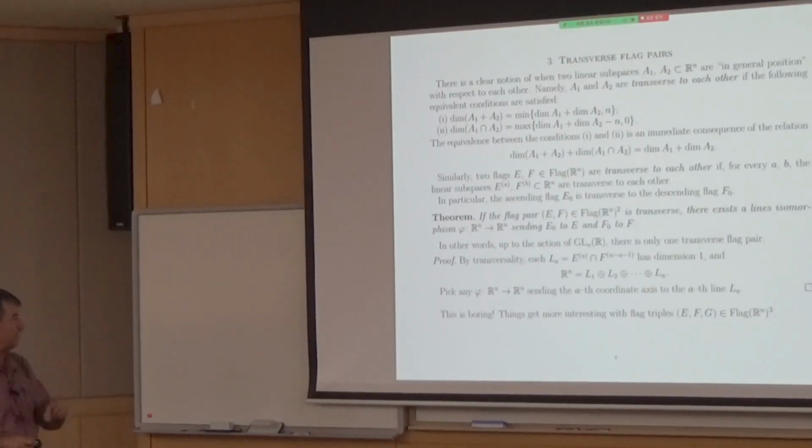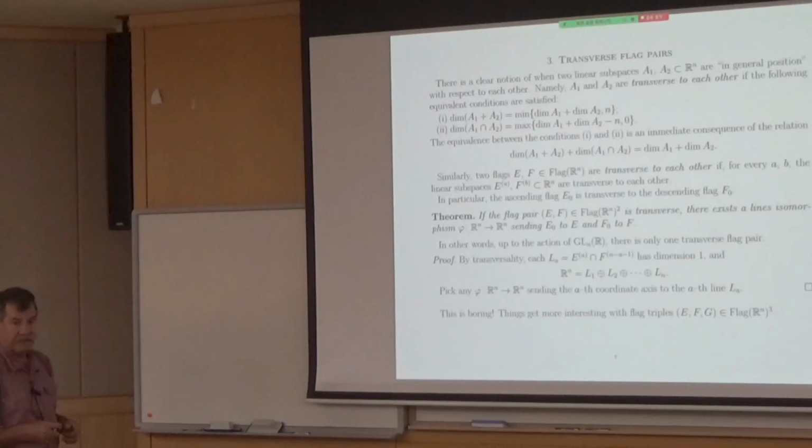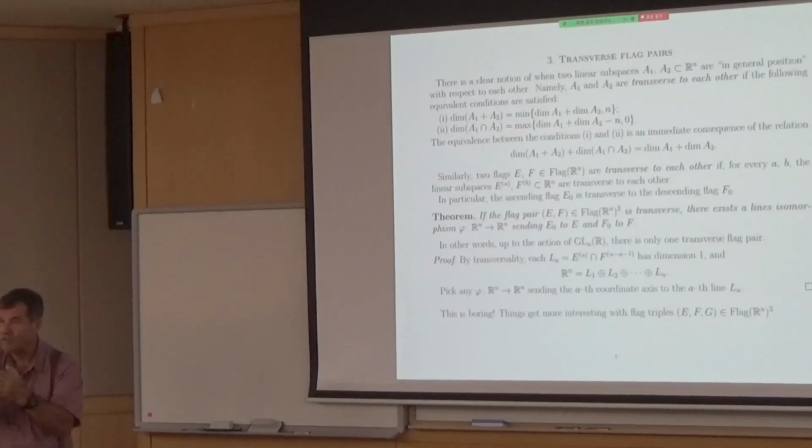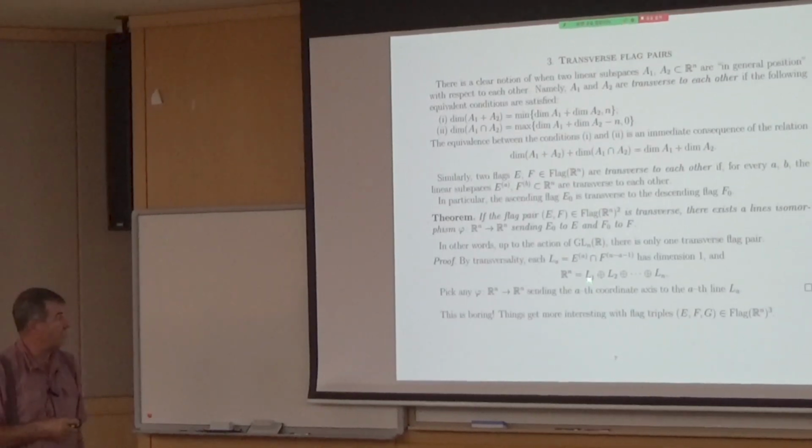So it's a line. Okay, so in particular, for a equal 1, I get a line. For a equal 2, I get a second line. But you can see, by linear algebra, that L1 and L2 actually generate the two-dimensional space of E. So in particular, the sum is direct. And then the next one also, and the next one also. So you show that actually you have a direct sum decomposition of R^n.